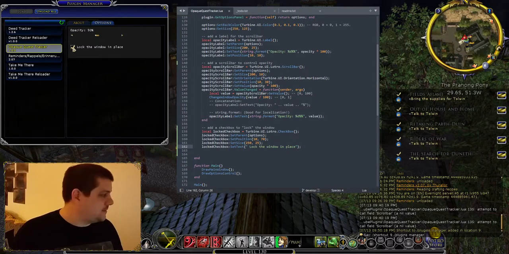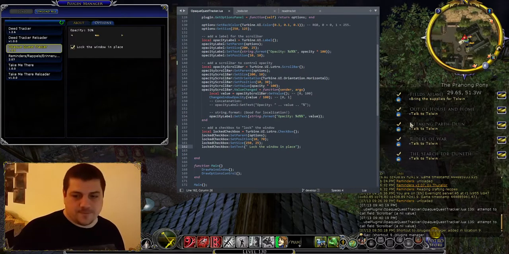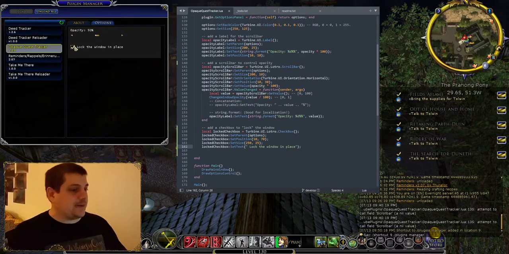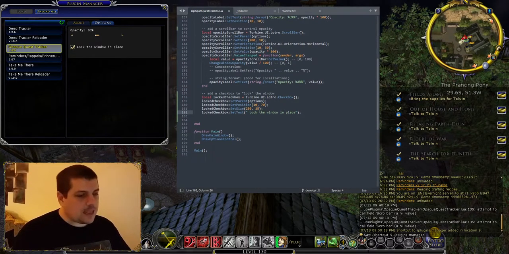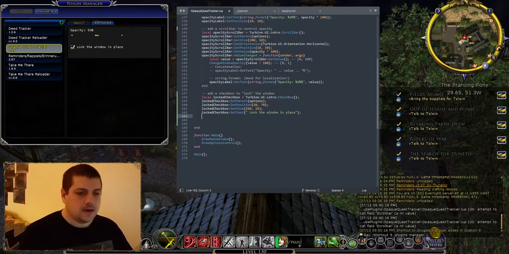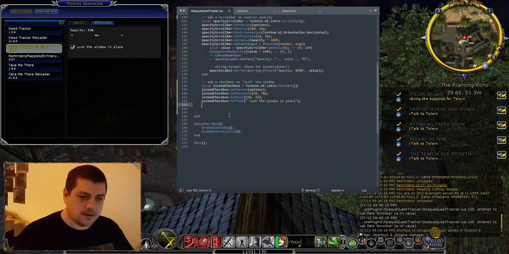Okay, so we have a checkbox. It doesn't do anything yet. Like, it's not locking it because we haven't told it to do anything. So that would be the next step. So we have, let's see. We can